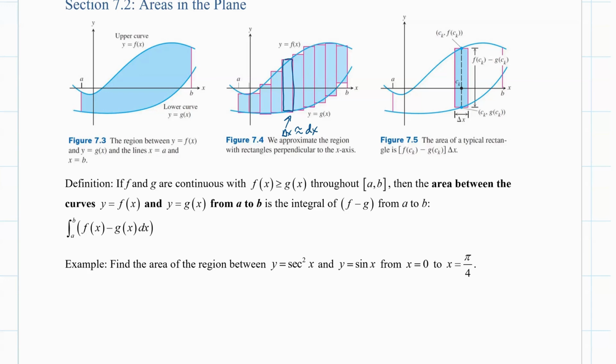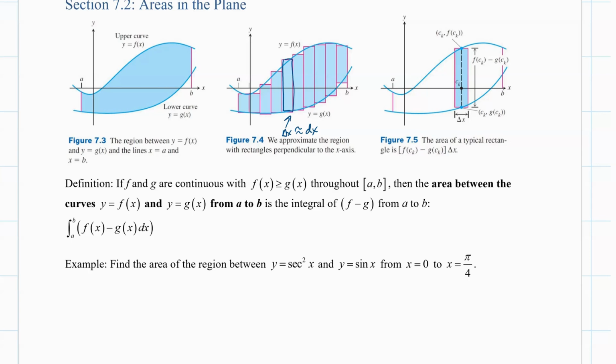We think about the distance between the curves, the upper curve having a higher y value and the lower curve having a lower y value, that the difference between those two y values not only is the height of the rectangle,